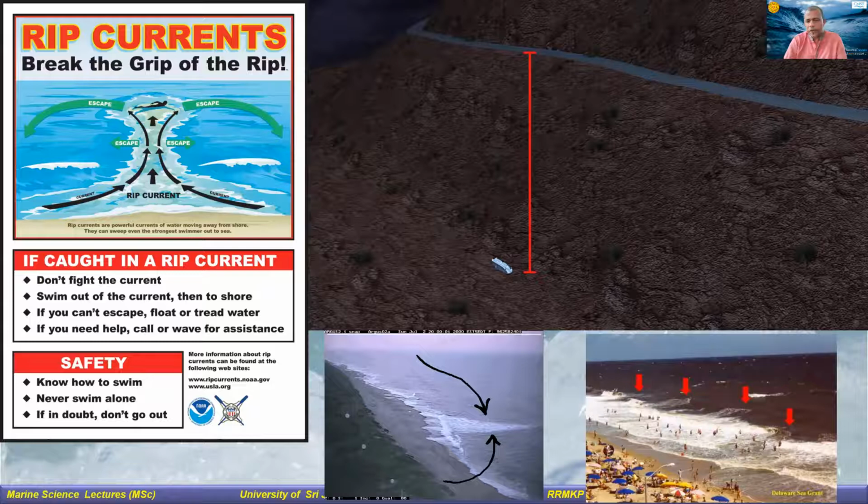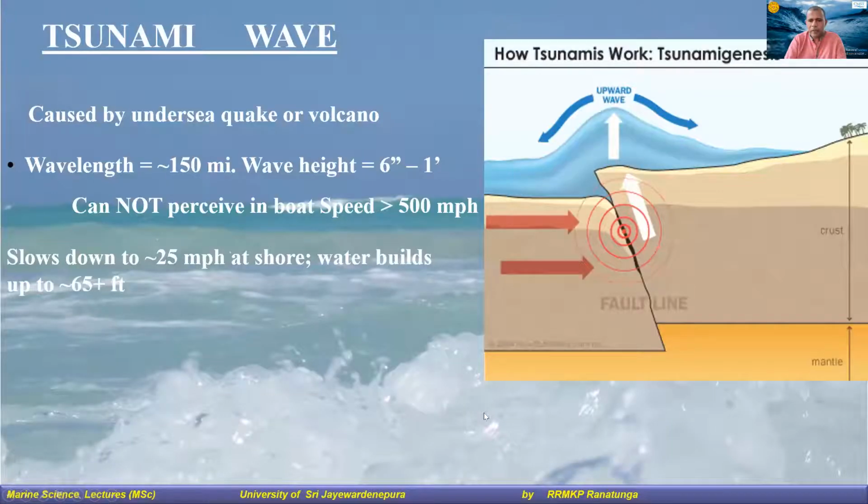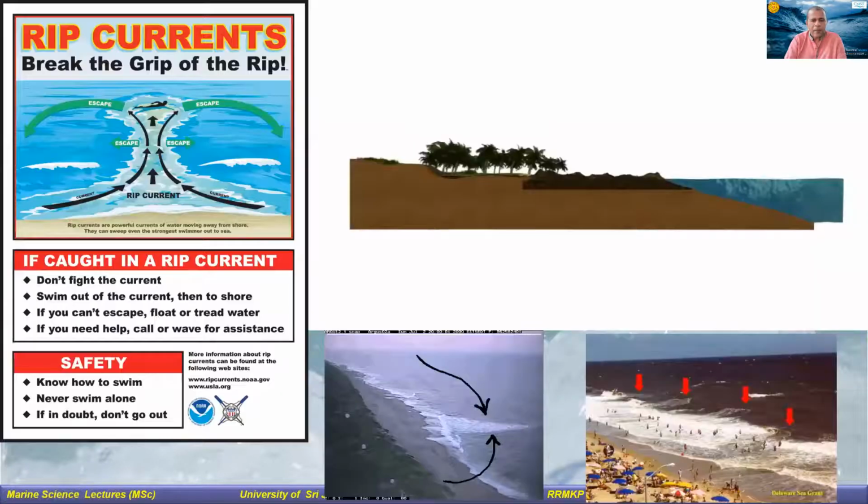So that's why on tourist beaches, you should have lifeguards in some sort of a hut in a high position, so that they can observe these rip currents, and they can look for anyone being dragged into the ocean, right? Only experienced lifesavers can actually save a person from this kind of situation, right? So keep that in mind.